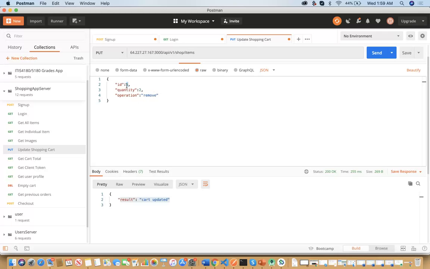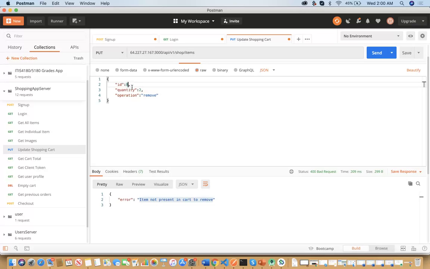However, if the item is already present in the cart of the user, the quantity will simply be added to the cart. Second scenario is for remove. Let's say that the ID that we are specifying to be removed from the cart was never added to the cart. We'll get an error saying that no such item was present in the cart to be removed.